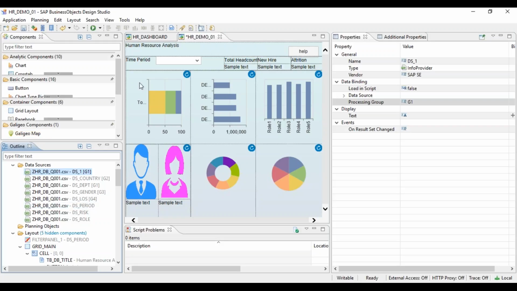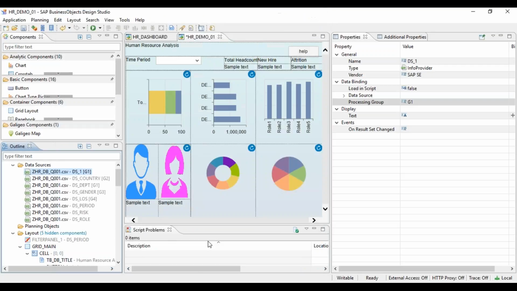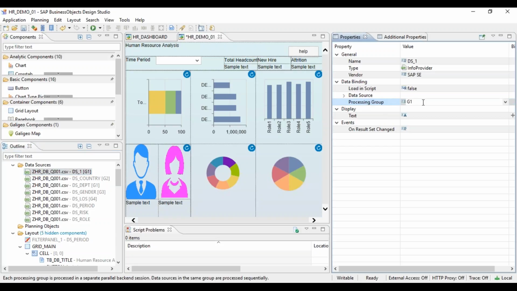And this is applicable only for BI platform mode. We have different modes, right? When your dashboard is published on BI platform mode, only then does parallel processing come into the picture. For the other three modes, it is always sequential, whether you define a processing group or not. You can define the processing group for local also, but it won't be applicable. You select the processing group in the right hand side properties, go to processing group and just